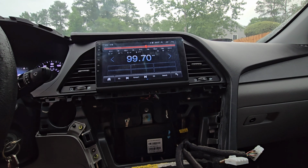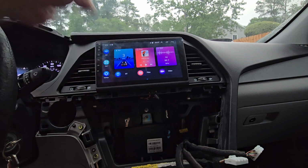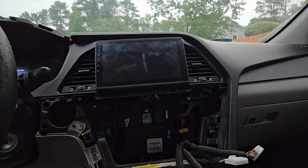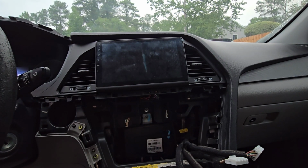So going to this here, I guess there's Bluetooth, whatever, all these connections. We don't need this. We're just checking this for functionality, that it actually works. So we did have these two bolts. Remember, you're gonna have two bolts. Those two bolts came on the older unit, and now we have two more pieces to install, which would be